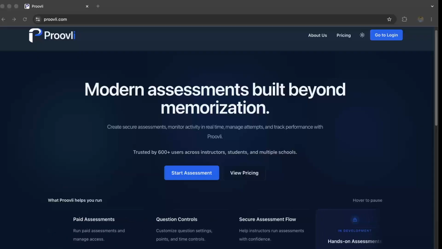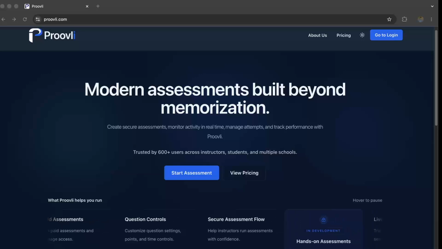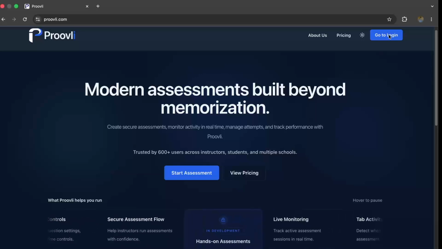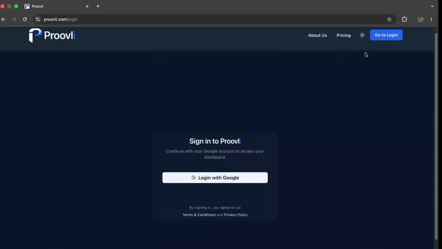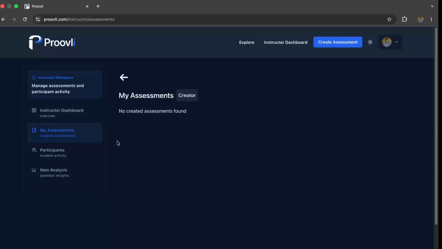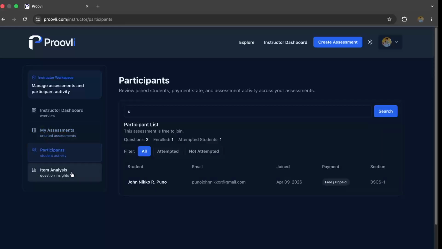So we are now on the landing page of Proovli. The first thing you need to do here is to log in. So click the button, go to login, and log in with your Google account. After you log in, you will go here to the instructor dashboard, wherein you could view the total of your assessments, students, and your paid assessments also. And you could view all the paid assessments that you created here, the participants of that assessment, and item analysis